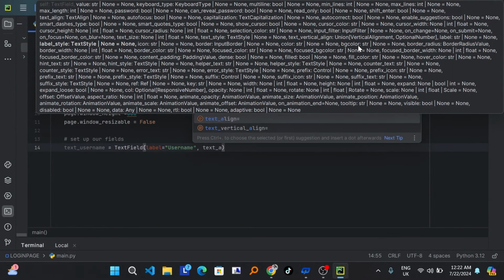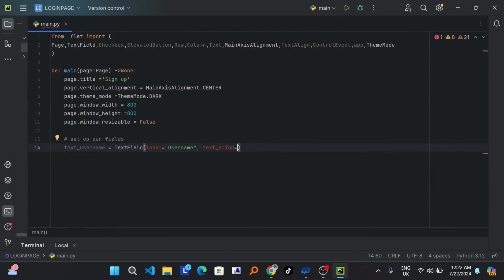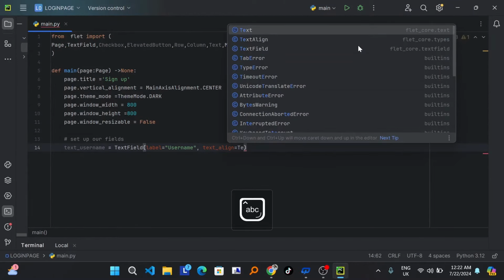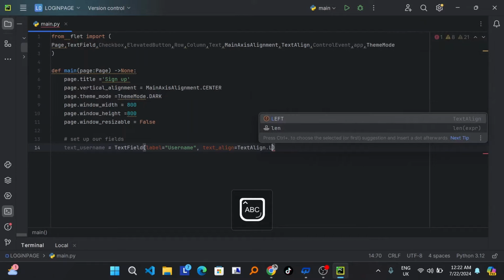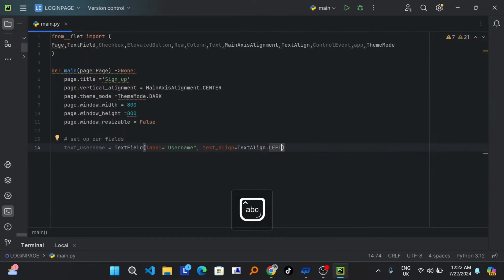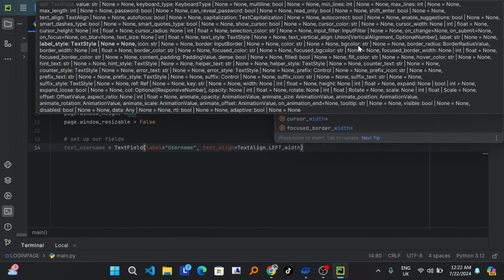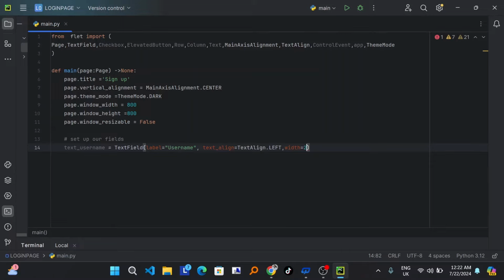align equal to text align dot left, and give the comma here and write width is equal to, let me give it 200, right? And also I can copy this